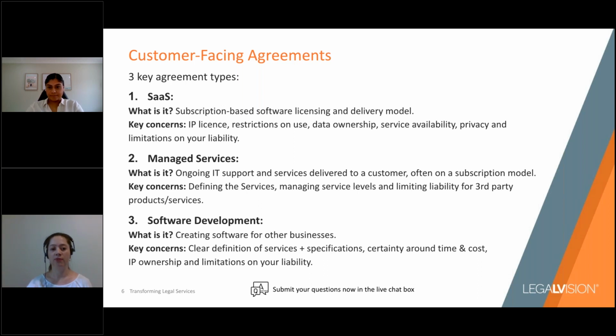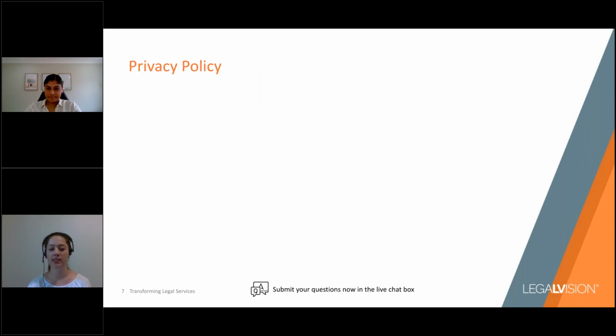In terms of providing your tech business, privacy is a big concern for a lot of your customers. And so Hammy is now going to run through what a privacy policy is and how you should be using one. All right. So a lot of consumers these days are really concerned about how their data is being handled,